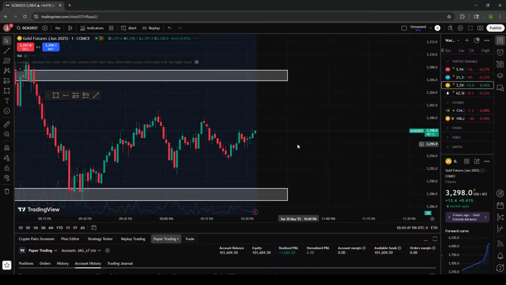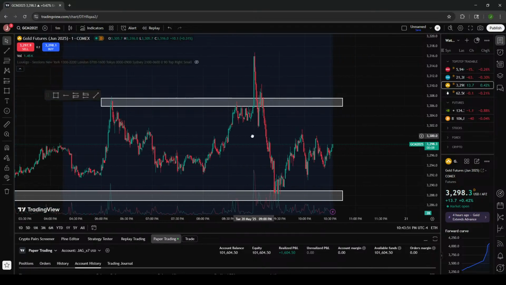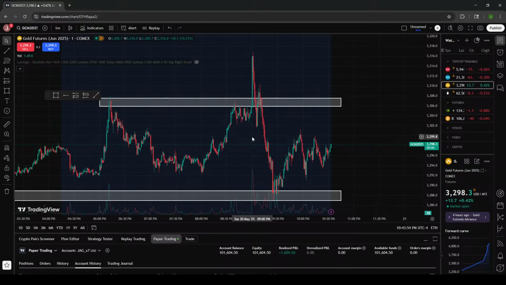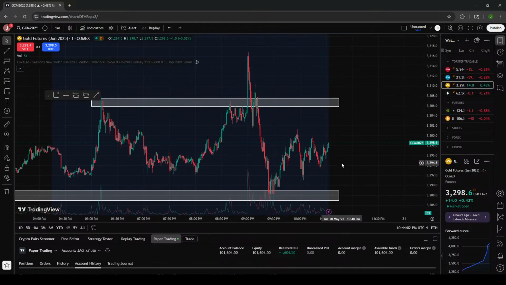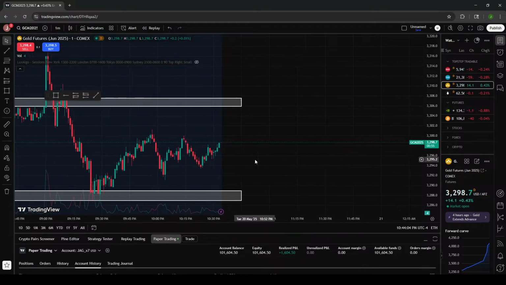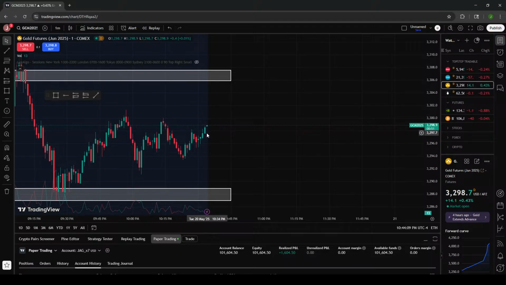Go to gold. Let's see. Gold is where I've had a good amount of success as well. I really like trading gold. It's high risk, high reward. But I don't know, there's something about trading in the gold market I really like. I don't know what it is. I don't know if it's because I've studied this market a good amount. But what I do like that I'm seeing here is,